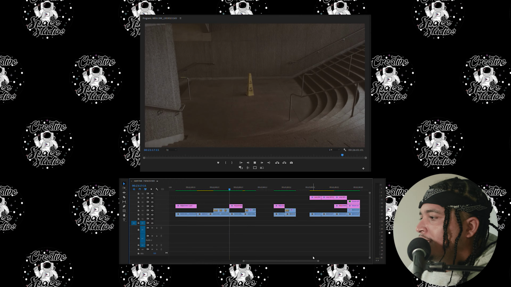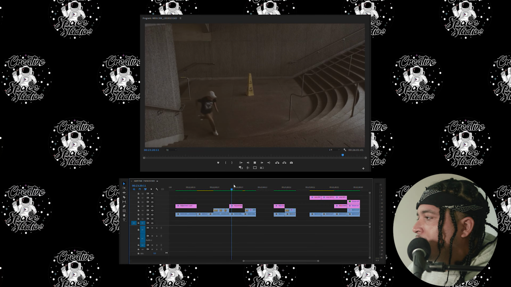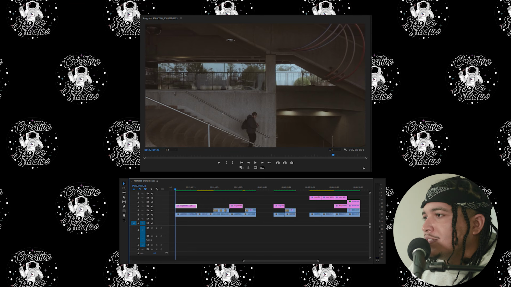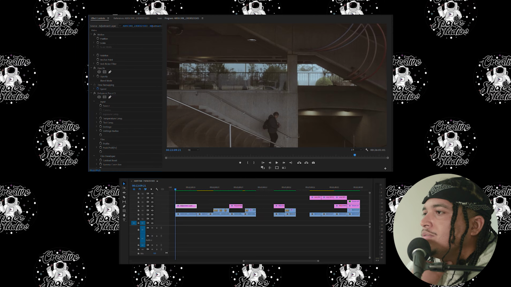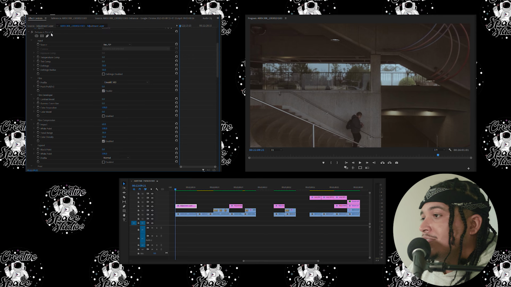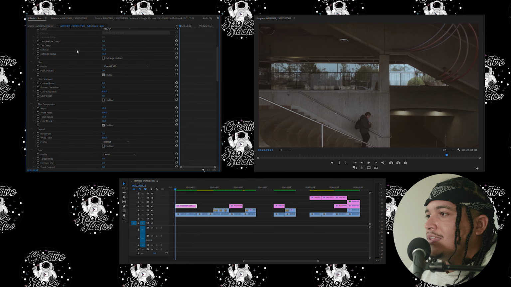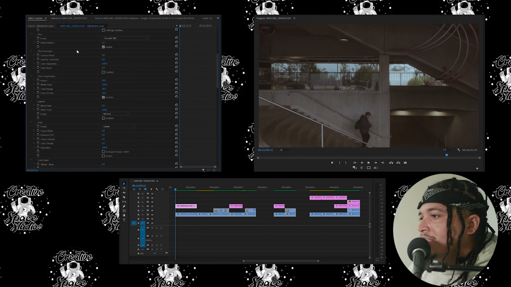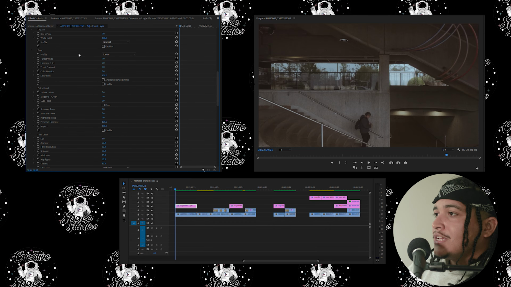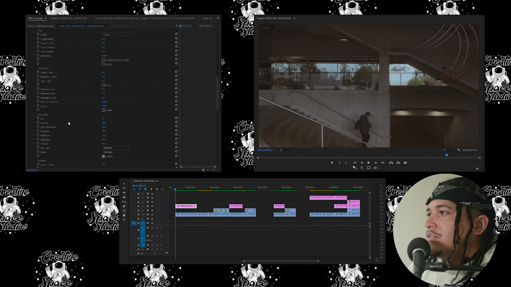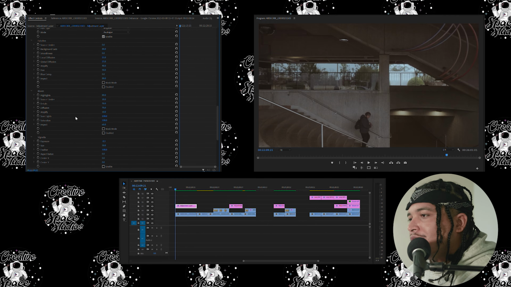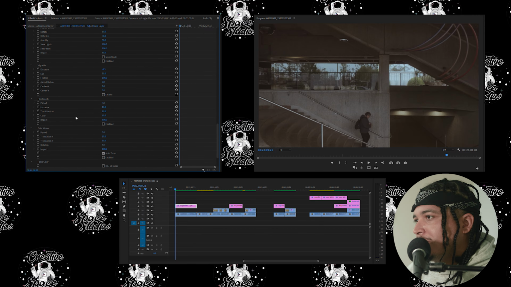And to show you all that, if we look here at this first clip that we edited with our test footage, and we come to our effects control panel, we can see that when we applied the Dehancer plugin, we have control over all of these values, and this to me is insane. Like, this amount of control to be able to manipulate every specific detail, from the size of the grain to your gamma curves to your RGB curve, this is insane. There's no reason why you can't create the look that you want for your footage when using this. Now,